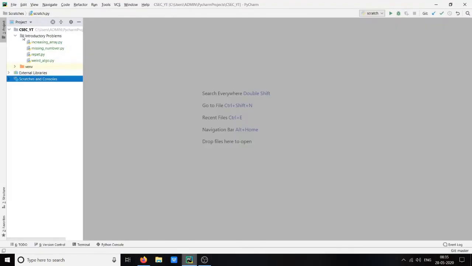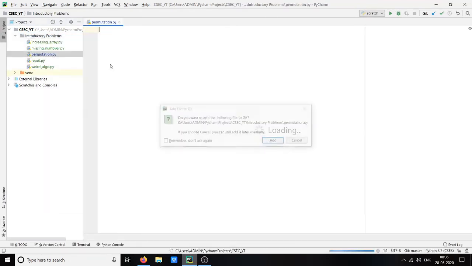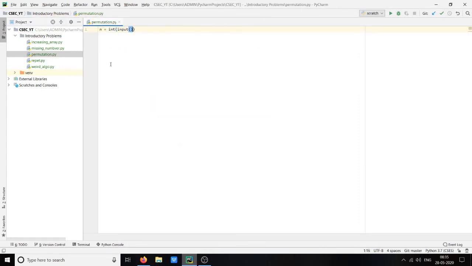Now let us code this. Permutation, okay. n equals integer input. Now if n equals 1, print n. If the value is 1, we will print itself. If n is less than 4, print no solution. Else,